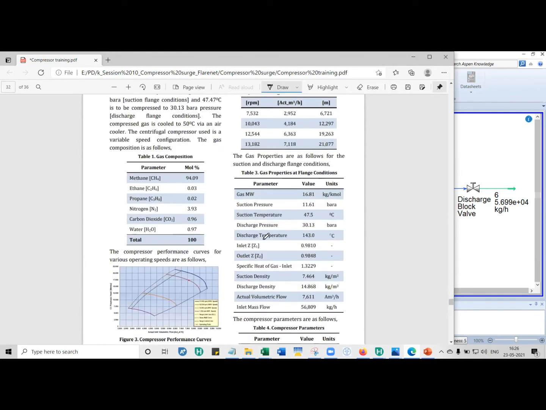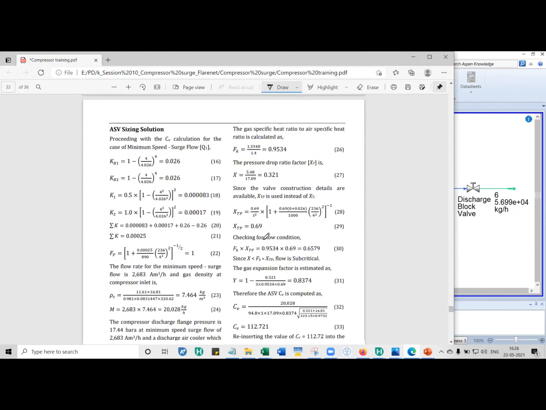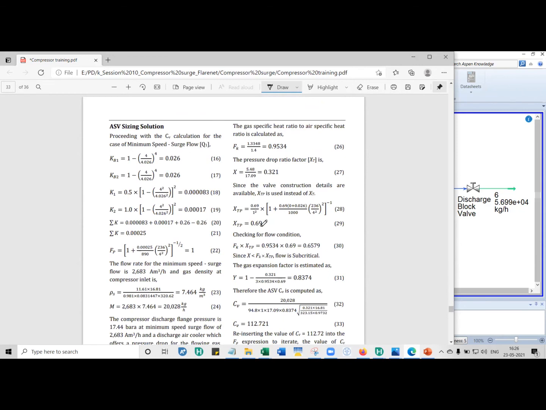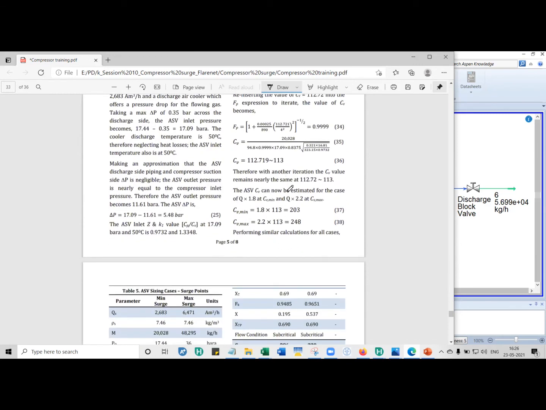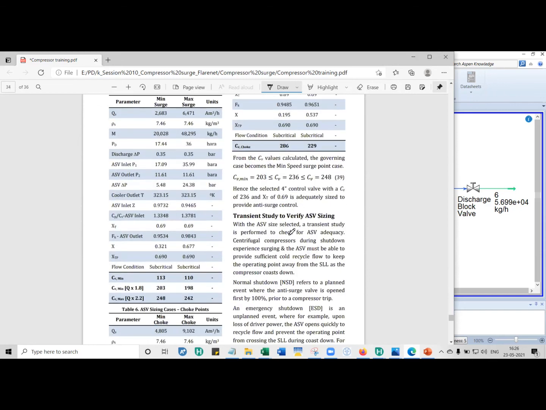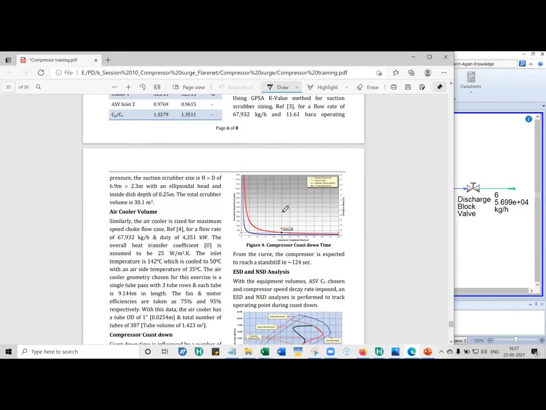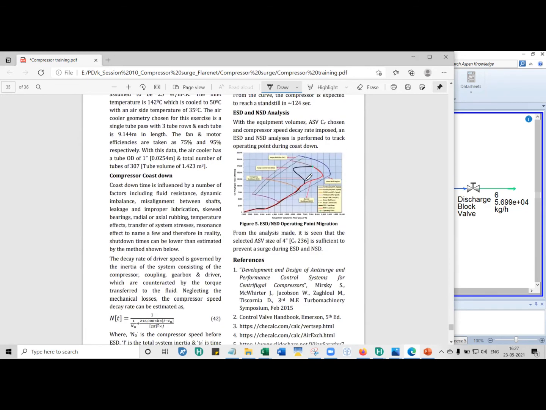So in this case, I did one sample calculation where I think I've said finally a CV of 112.721 or 113. No, wait. Okay, so you choose a valve of some 236 CV, and then with that valve size, I did a dynamic simulation. Now, even this is going very close to the choke flow region. The data, I took it from the valve data